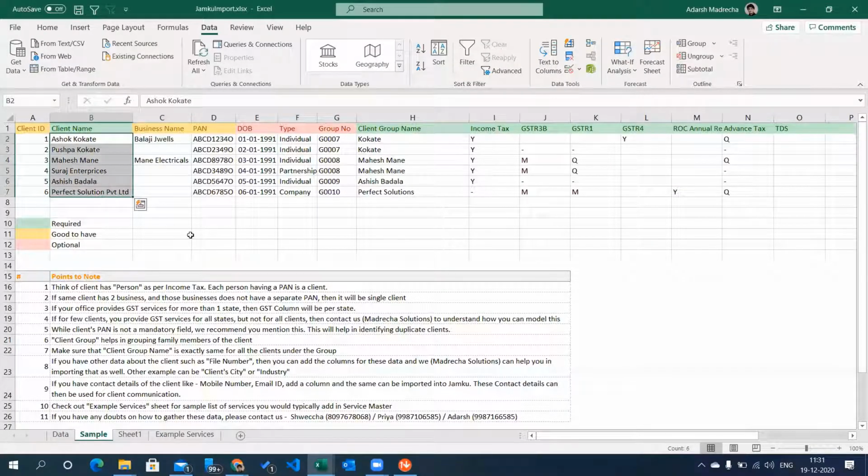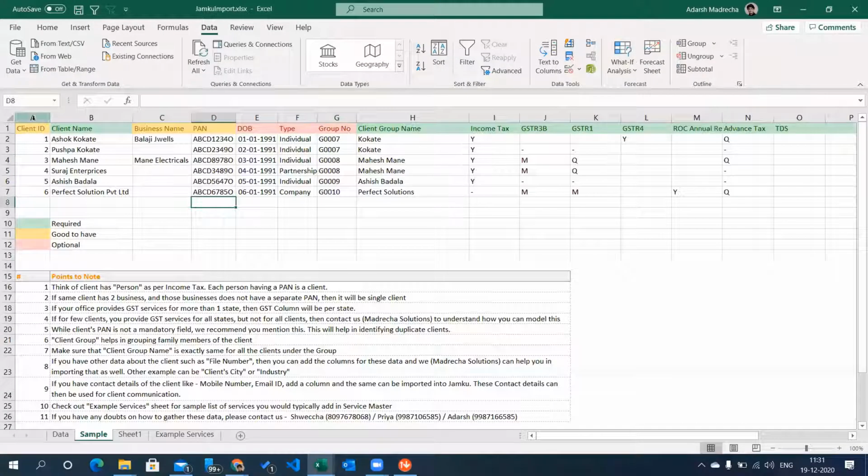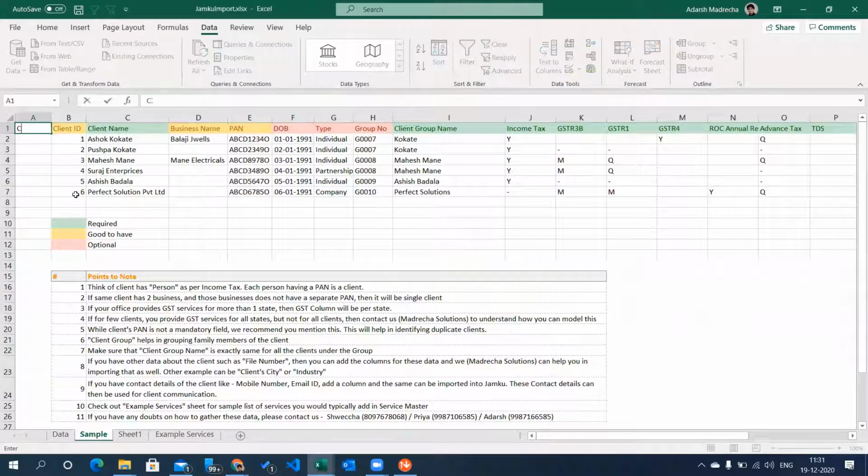So another one is client number. We need to just add another column which we call client number. Similar to how we created group number, we will be generating client number here. So it will be C0001 and dragging it down.